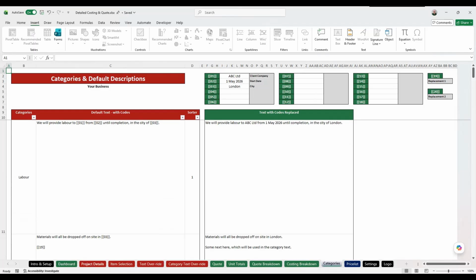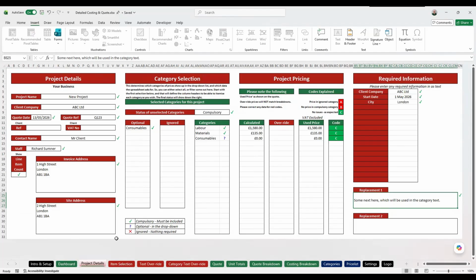Then let's move on to the next stage, which are the red components. So this is your project details. This is the one that you'll start with, and all of this will be blank when you're starting off. You have a project name, client company, quote reference. So this will be the reference in your quote date, client reference, client VAT number. You see, some of these aren't compulsory. This little tick that appears next to it, if you did have something that was compulsory, would have a red